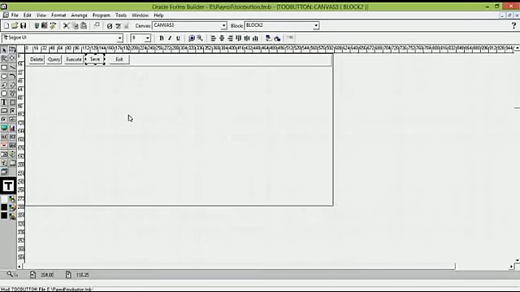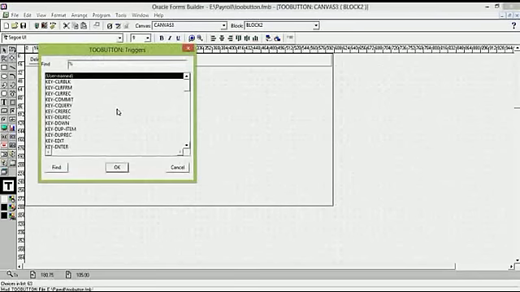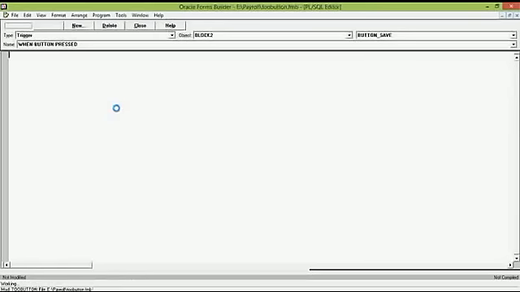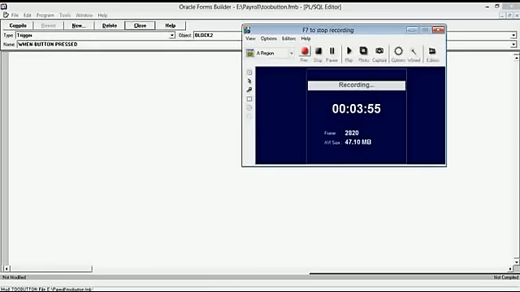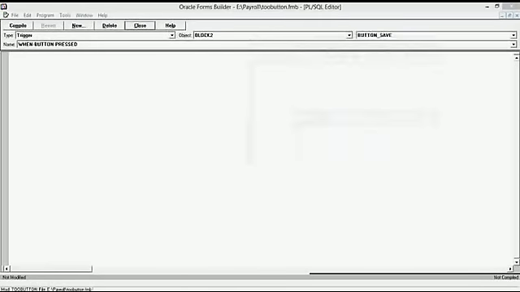In the same way, press F11, go to when-button-pressed trigger, and write the save code.